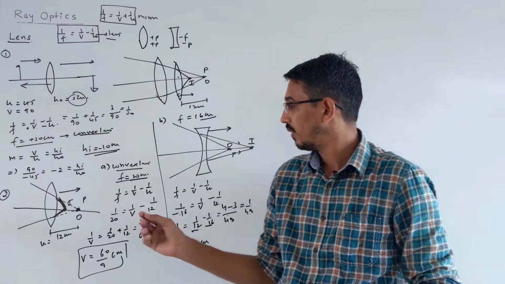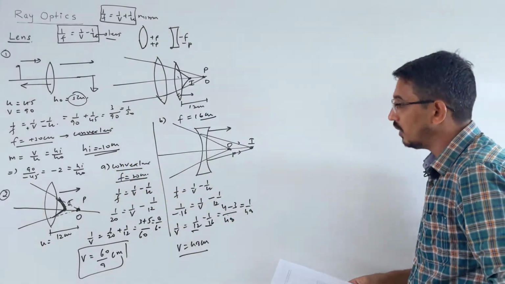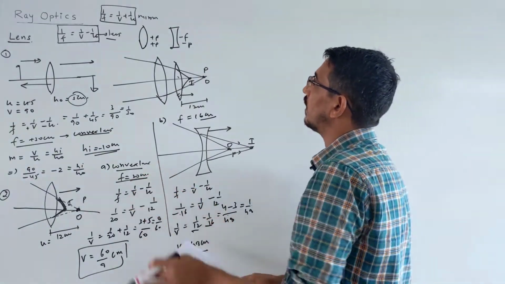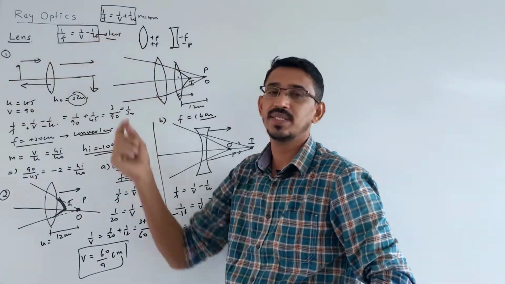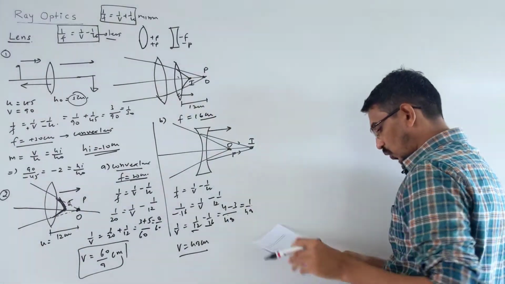Initially I took the focal length the same as that lens, but it is given differently actually. That's your answer. So these were some questions based on the general formula of the lens, called the thin lens formula. Now we'll move mainly to